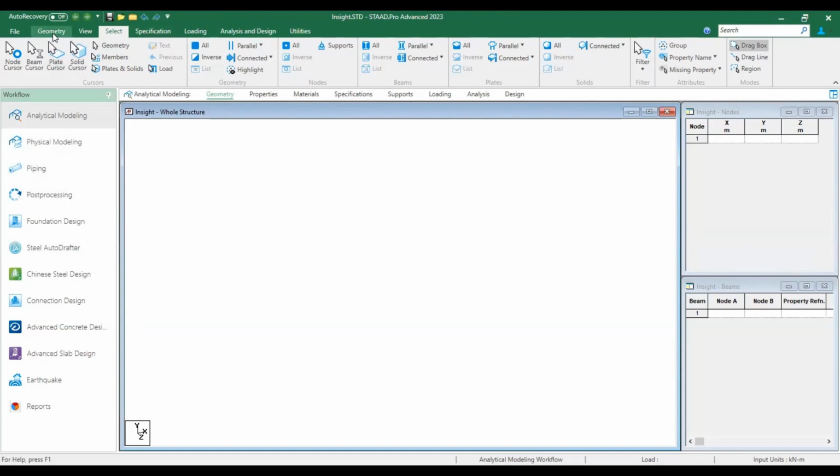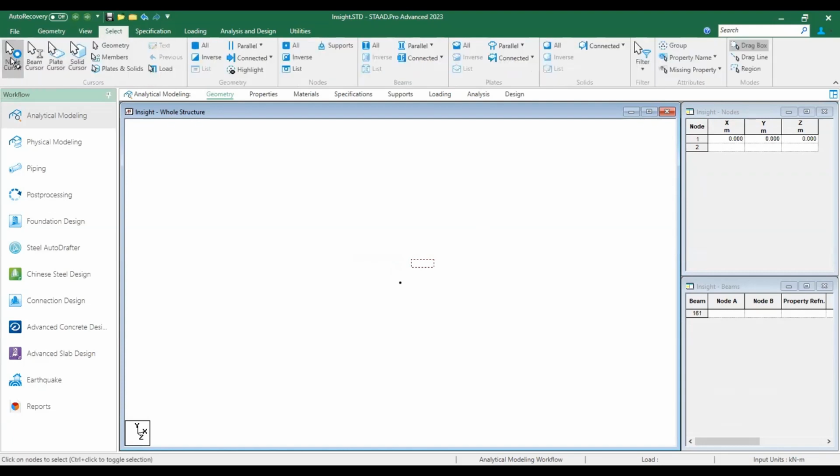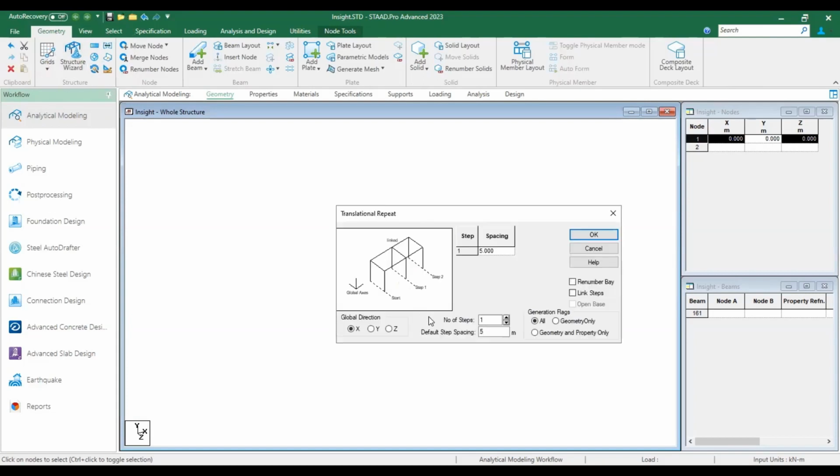Now I'll show you how to create a geometry. Suppose you want to create 2 rooms. If you want to create the geometry, then first create a node at origin. So just click here at 0, 0, 0. So the node has been created at origin. Now go to this select option, select the node cursor and select this node. Now if you want to copy this node in Z or X direction, just click on this geometry button, click on this translation repeat option,